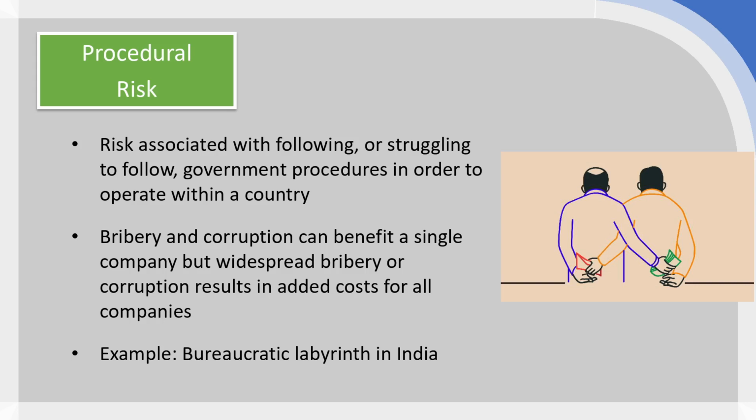When it comes to corruption in the UK, this is not the kind of corruption and procedural risk you'll experience. You're not going to be able to bribe a police officer. You're not going to experience that kind of low-level corruption in Heathrow Airport or Luton Airport. But this doesn't mean that procedural risk is absent.